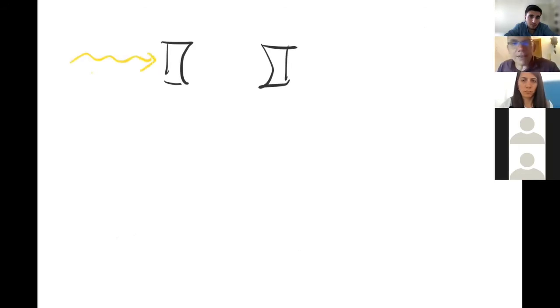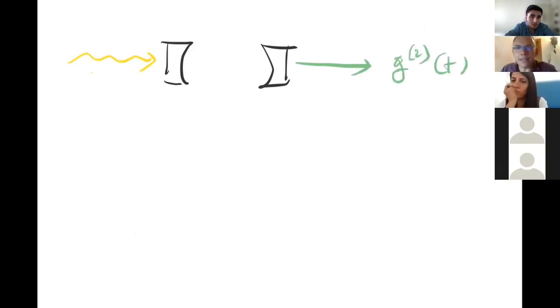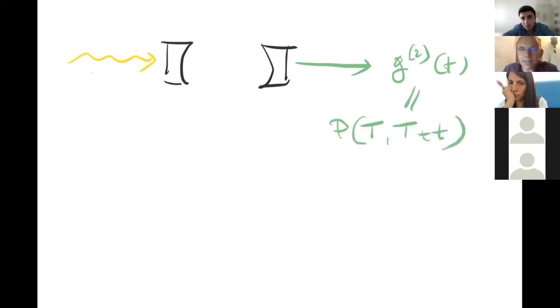So experimentally, how can you detect this phenomenon? Typically, people shine a laser beam on the cavity, and then look at the light which goes through the other side. And one makes a detection of the two photon correlations at a distance of time t. So this object is basically the probability of detecting a photon at time t and another photon at time t plus small t. So if you find that this object is proportional to